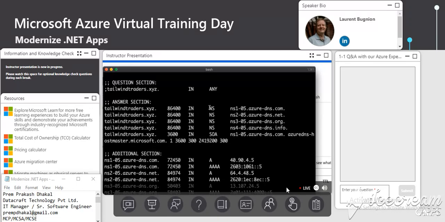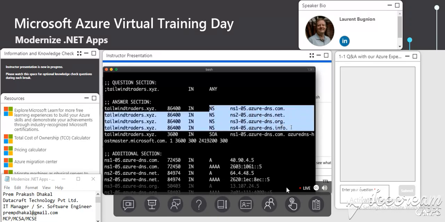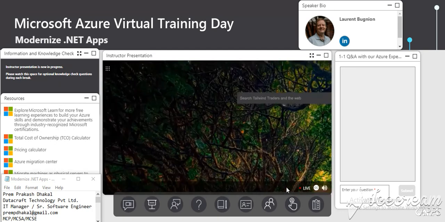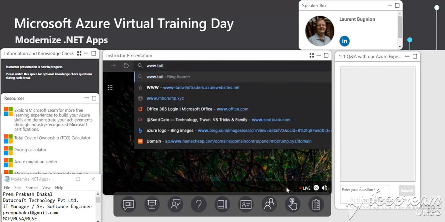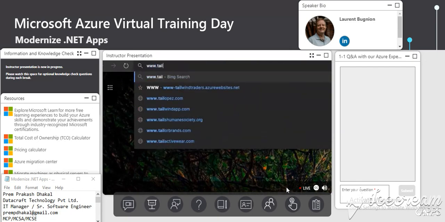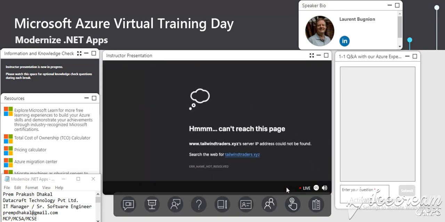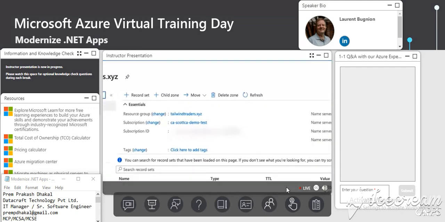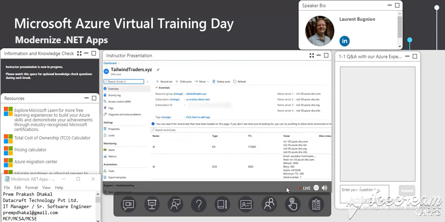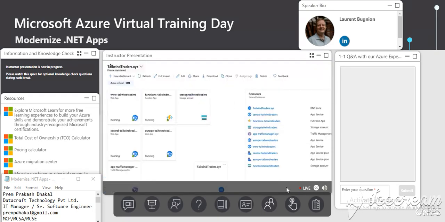However, we haven't defined anything yet. And so if we go into a portal, into a website, and we try to open www.tailwindtraders.xyz, then this is going to fail because, of course, Microsoft Azure has not been informed about the redirection yet, and this is why we need to do some DNS settings yet. So let's go back into the DNS. And what we are going to do now is go first into our app service and in the overview here,